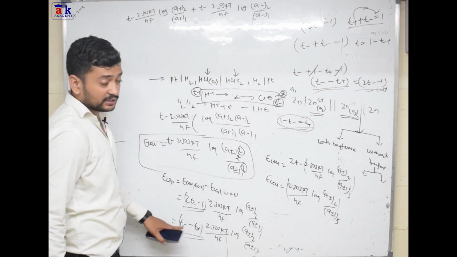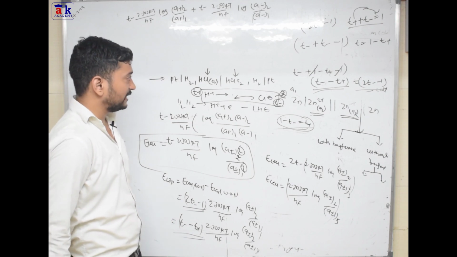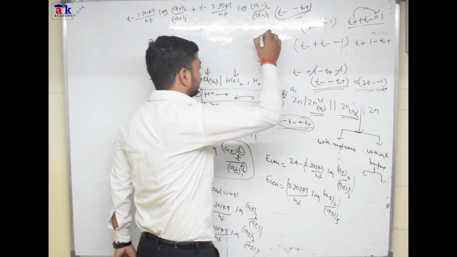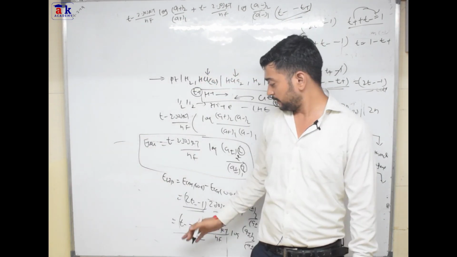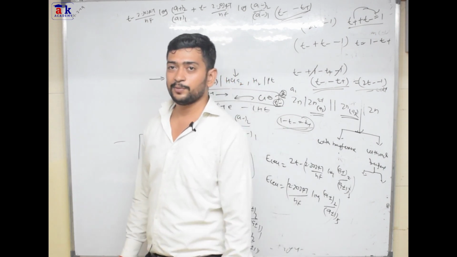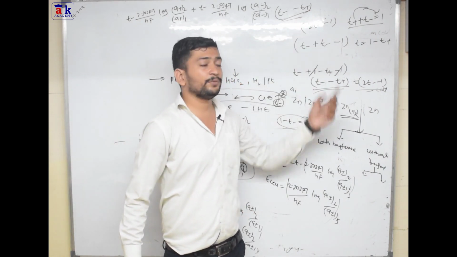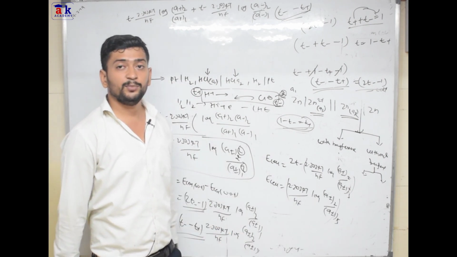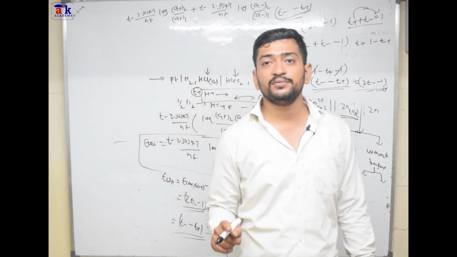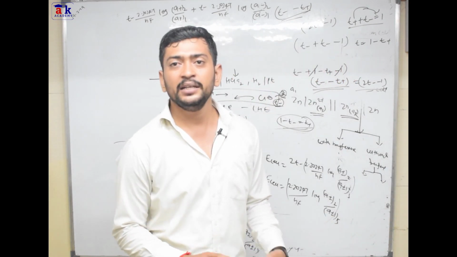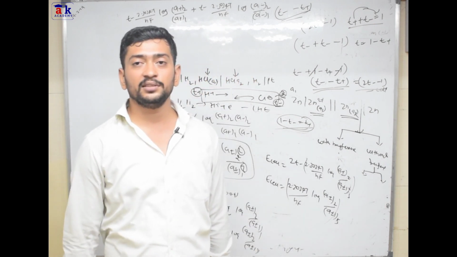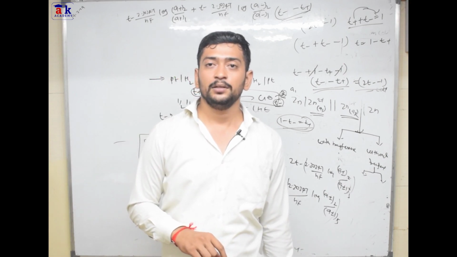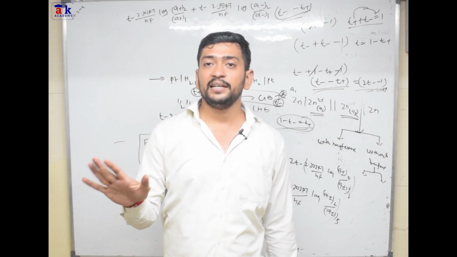Now let's discuss certain more things about this formula. So here we have t minus minus t plus. What is the importance of this? In case this is equal to what? ELJP, liquid junction potential. If t minus is equal to t plus, in that case this whole term will become 0, that is, removal of liquid junction potential. So in this case we won't get the liquid junction potential. That's why we consider only those substances where the transport number of cation is equal to the transport number of anion. So in that case we don't get the liquid junction potential.